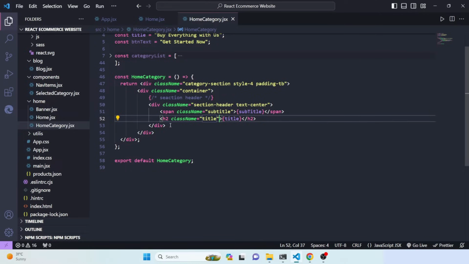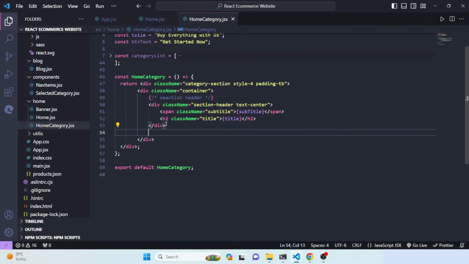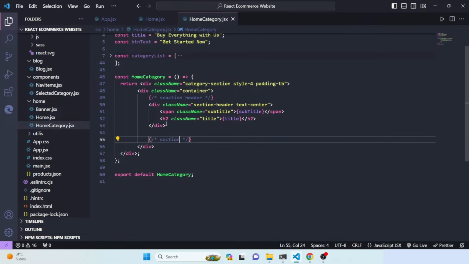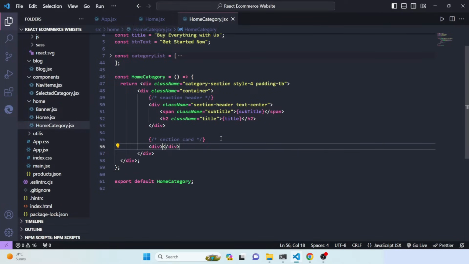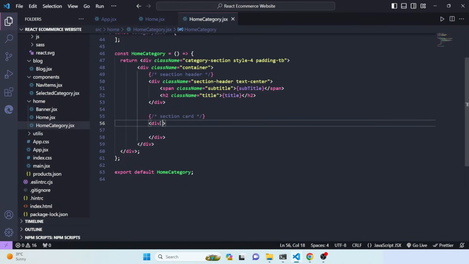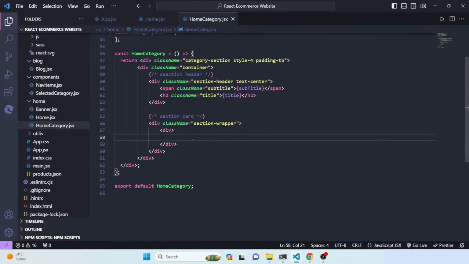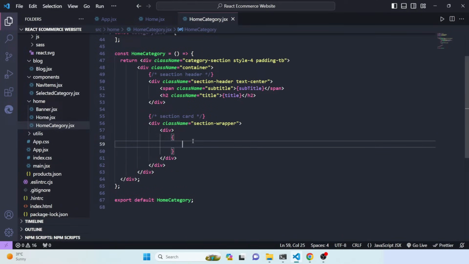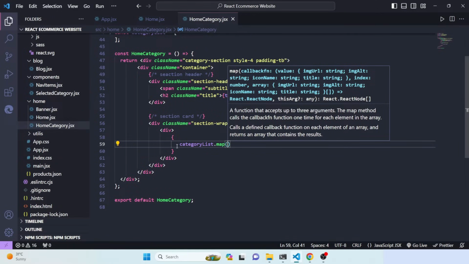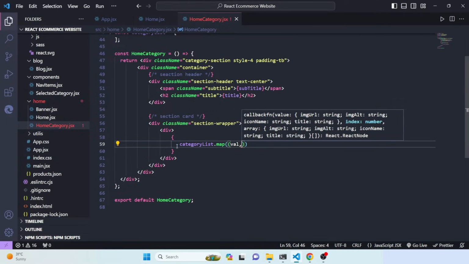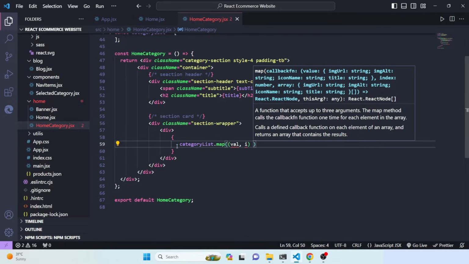So for this, under this div, actually we'll just add a comment, section card. Then we'll take a new div. The class name would be section wrapper, WRAPPER. Okay, and then we'll take a parenthesis inside here, and we'll map this category list. So copy this category list and paste it here. Then we'll map. Then we'll receive a value, that's val, and then i, and after that an arrow sign,